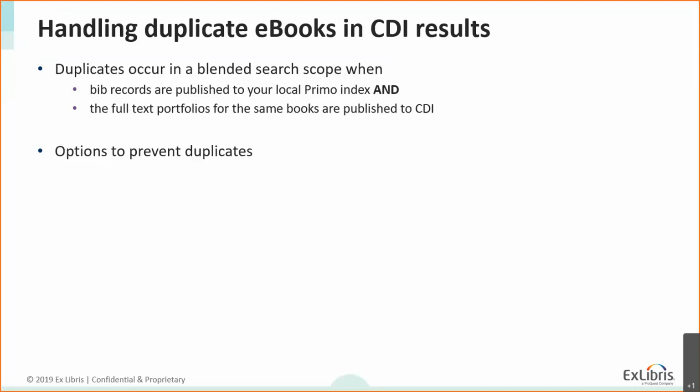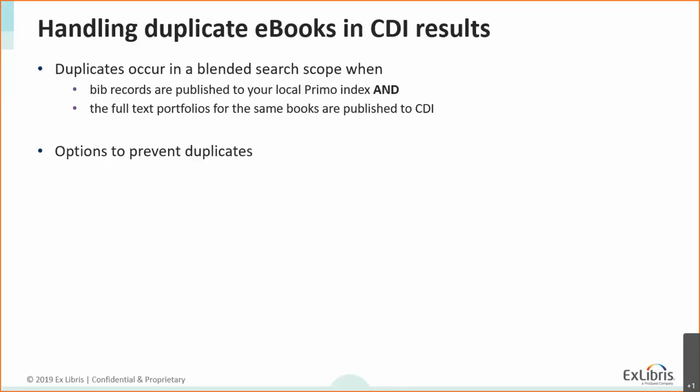Because the bib records of the electronic books are published to your local Primo index, and also are available in CDI as part of the CDI index. So there's a duplication between the electronic books in the local Primo index and the electronic books available through the CDI index. And there is no way currently to